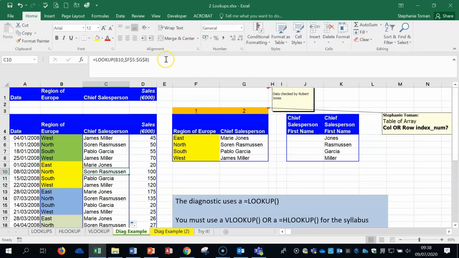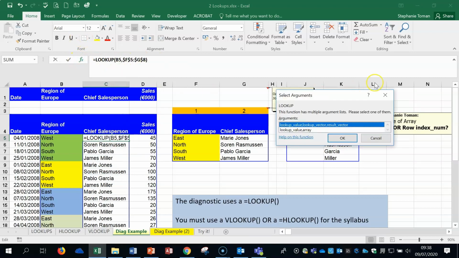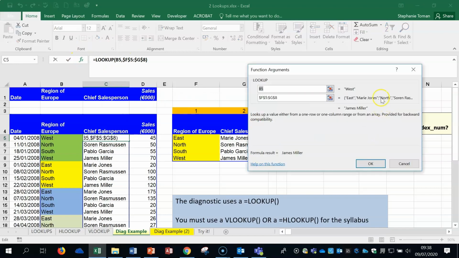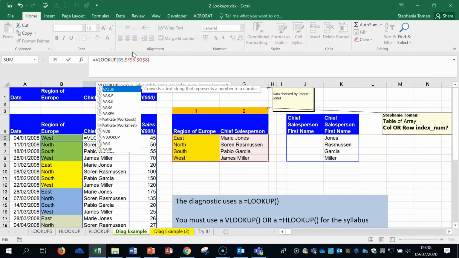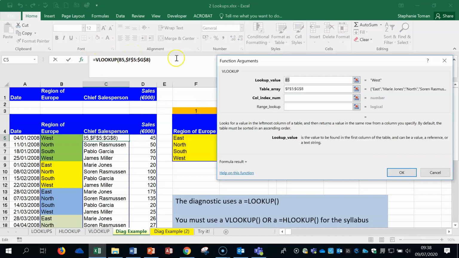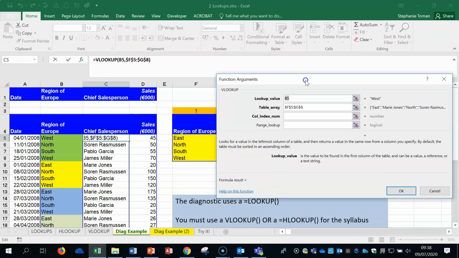So let's do it that way as well. So I'm going to take that back, escape, and I'm going to go into the, so let's just put the V in front of it first, otherwise it doesn't know what function we're doing. And go into the fx, now we can see what we've done. So if I hadn't put that in, I'd put in the first instance, so it's B5, which is this one here,